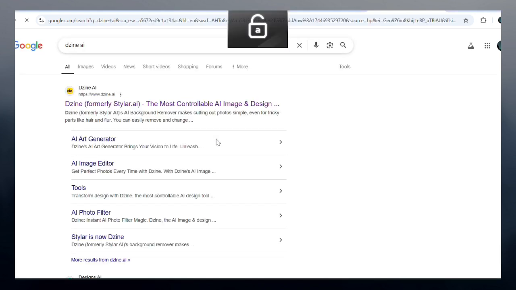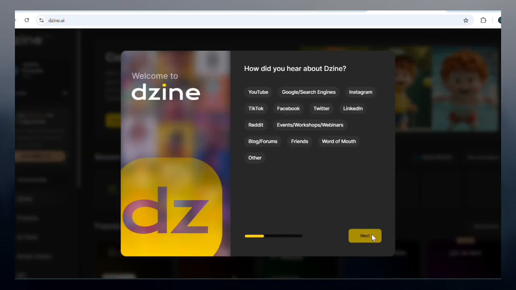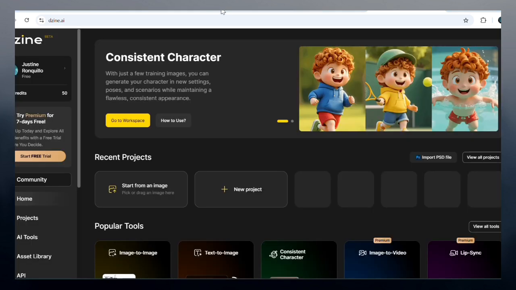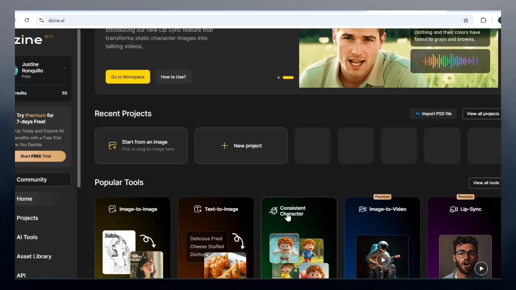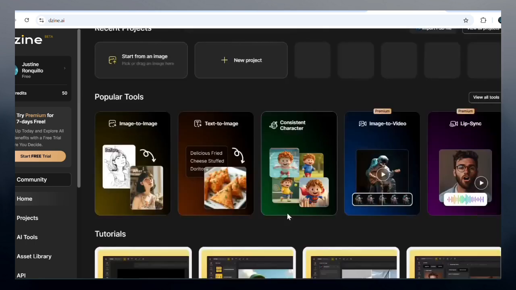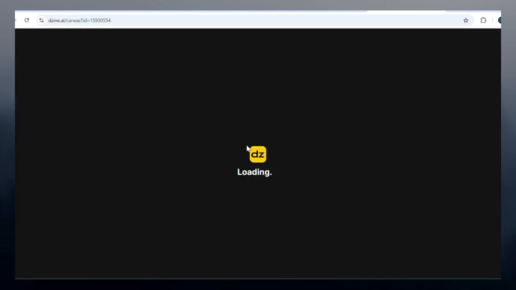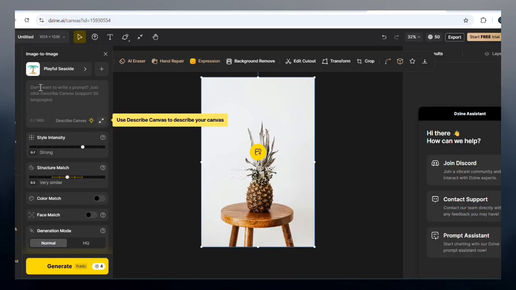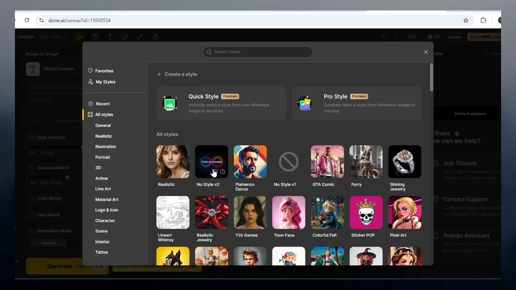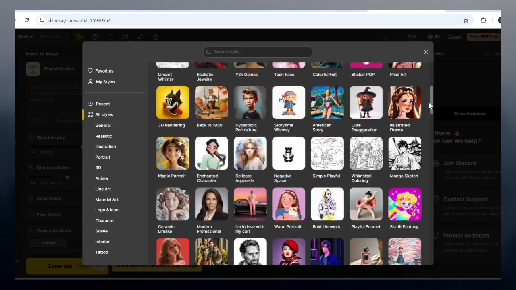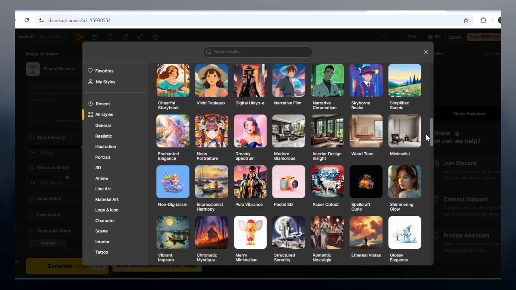First, head over to Dzine.ai and sign in or create a free account. Then here in the dashboard, select the photo editor or the AI filter feature, then upload an image you want to enhance. Once your image is loaded, browse through the available AI filters, and then Dzine AI offers a